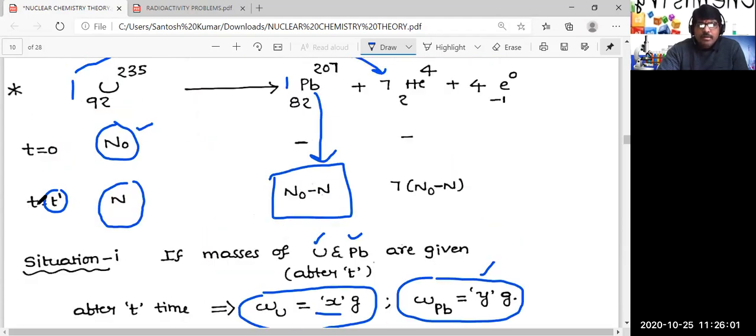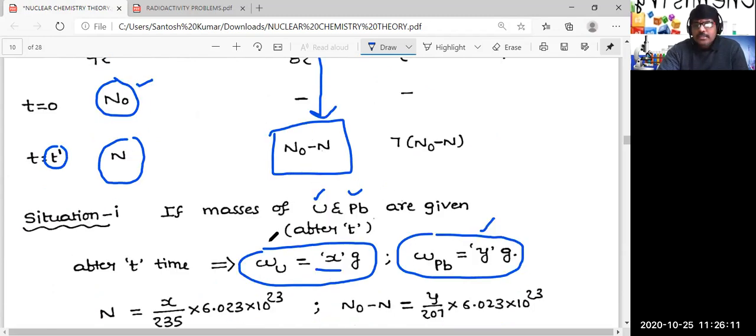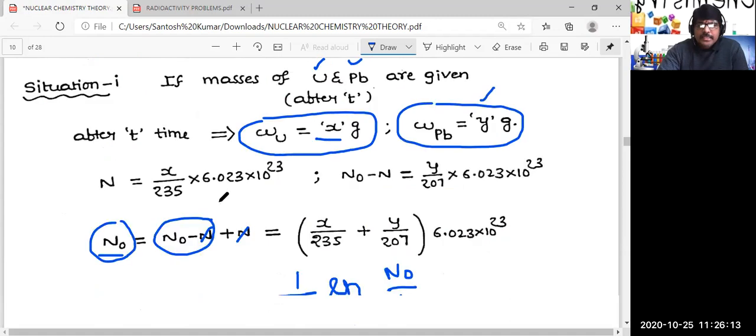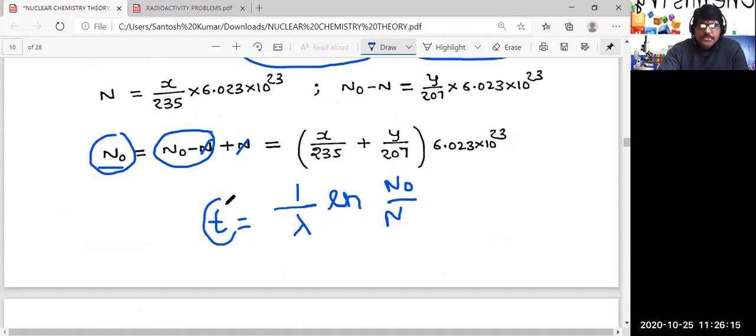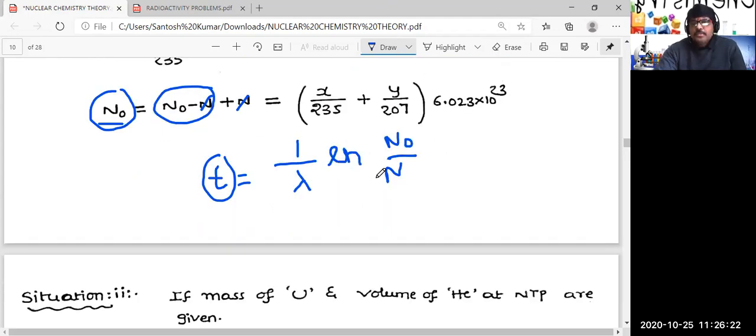Because after 10 years or 20 years you are observing, you are studying that particular rock, you are studying the composition. From the composition and decay constant, we are going to find T, and now this T is taken as the age of that mineral or age of rock, right? This is one application, determination of age of rock or age of mineral.